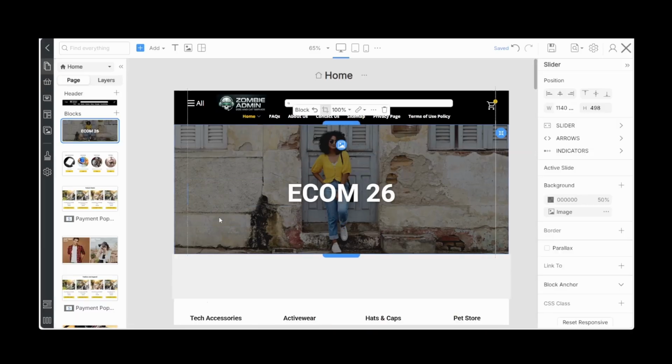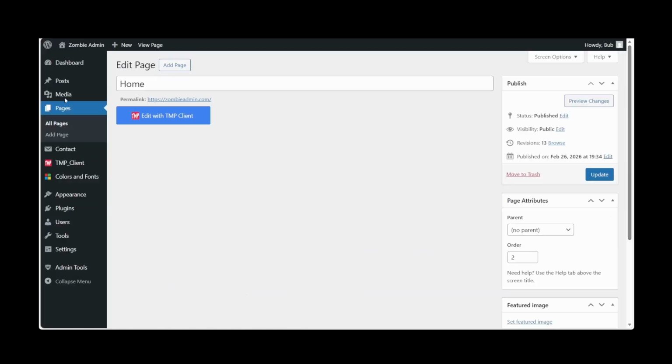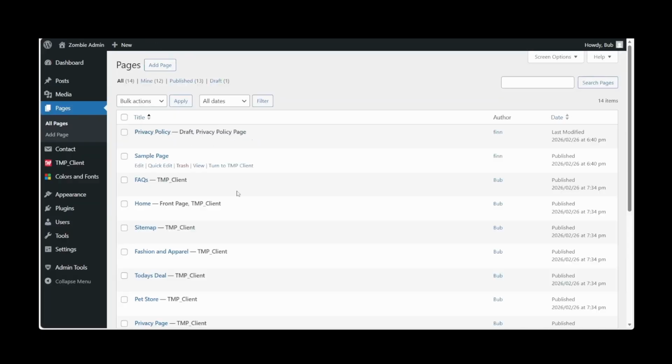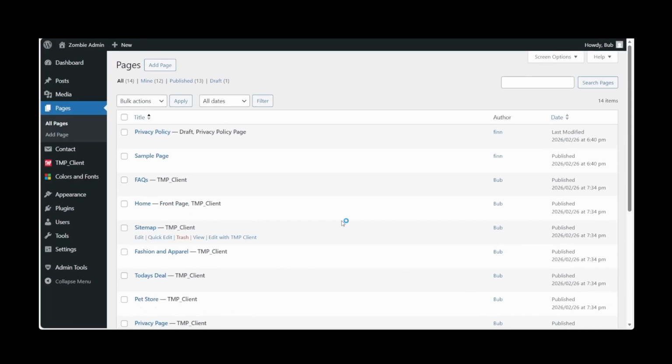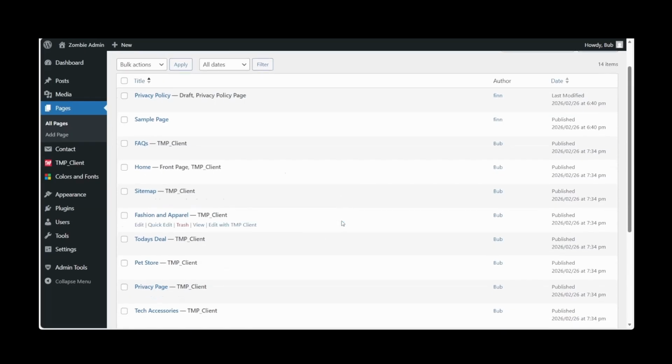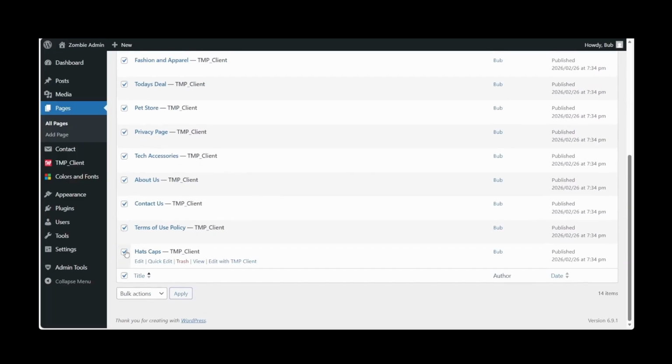Ecom26 is a very robust website with lots of pages to sell on, but we don't need all that. So let's break it down to the easiest form. Let's head to Pages, X out, we'll go to Pages, and let's start deleting or unpublishing. So what I'm going to do is click everything for myself, and I'm keeping